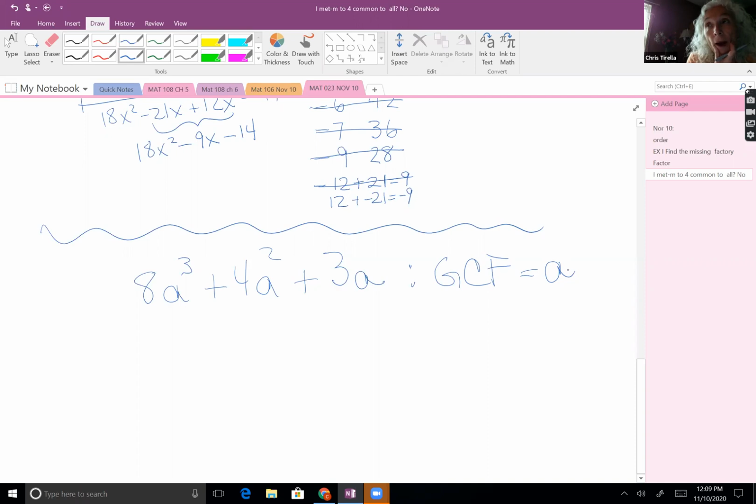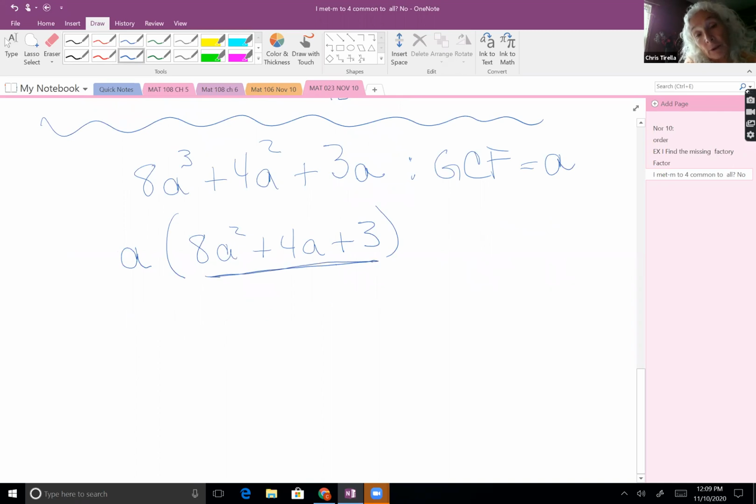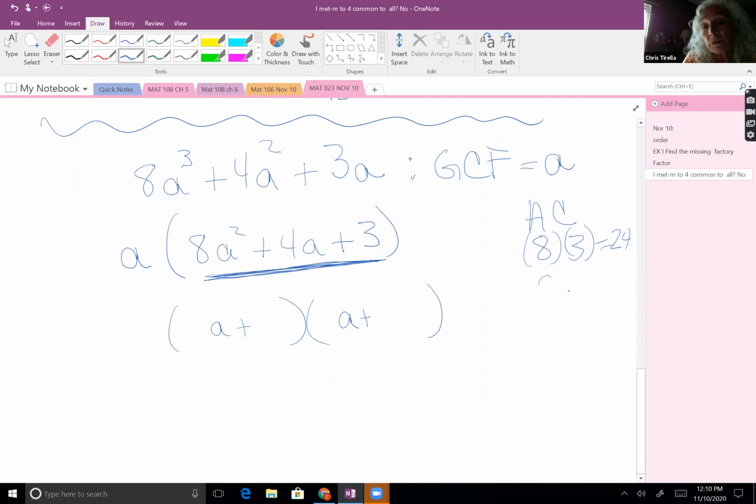And so before I do my AC method, before I do my factoring by grouping, I'm going to factor out that a. And that'll leave me with, if I divide each of these by a, 8a squared plus 4a plus 3. And so now this is where I'm going to try to factor. So looking at this, a little bit of trial and error, a little bit of grouping, because it's starting with a squared, they'll both be a's. Since it's positive, they'll be the same, both of them plus signs. And now when I look at my AC, 8 times 3 is 24. So I'm looking for factors of 24 that would add to